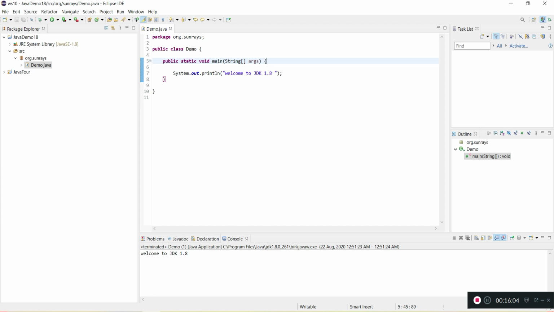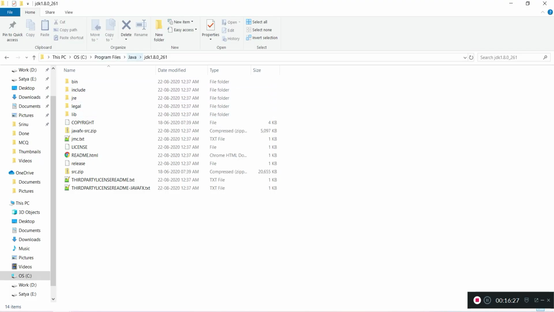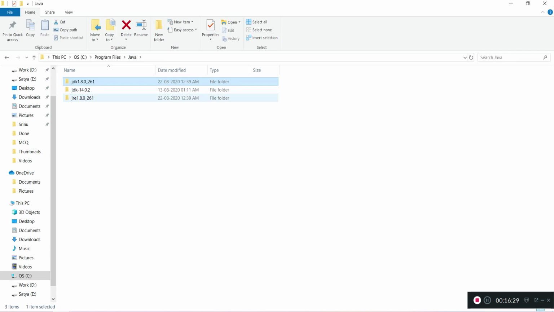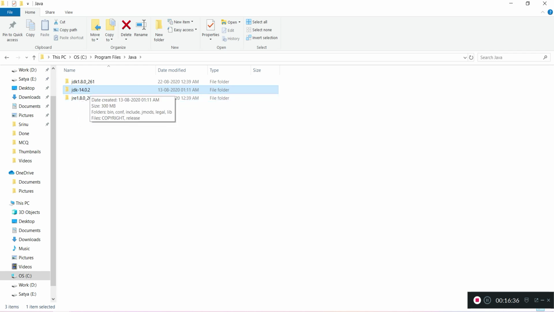So that's all, a recap on what we have learned so far. We have seen how to install JDK by downloading from the Oracle website, and we have gone through the installation wizard, and we installed JDK 1.8, and we have seen two folders for Java 1.8, the JDK folder and JRE folder in Program Files, and for Java 14 we have only one folder, that is clubbed together.